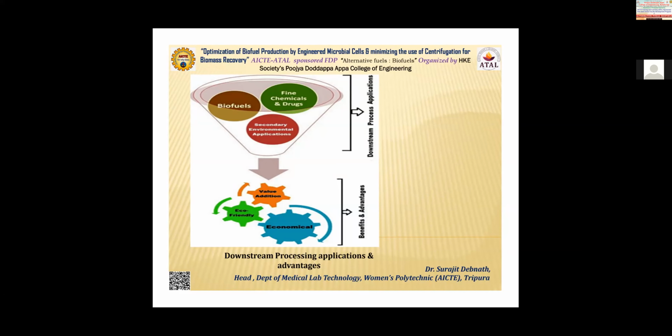These microbial cells are living cells, and these living cells also require some source of food, some source of nutrient. The wastewater itself becomes a nutrient. Consider that you are taking wastewater from domestic sewage. In domestic sewage, there are plenty of molecules which can be used by the microorganism as a source of nutrient. So they will accumulate the nutrient from the wastewater and eventually convert the nutrient into biofuel.